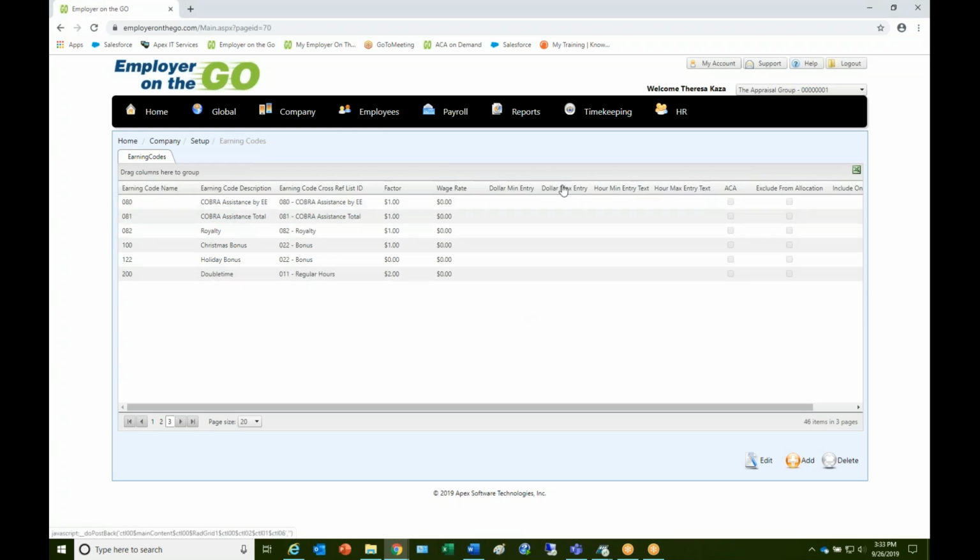This dollar minimum, dollar maximum, hour minimum, hour maximum, those are just governors. And all that means is you can put parameters here, like a dollar minimum of 1, dollar maximum of 5,000. And then if anybody gets paid outside of those parameters when you process the payroll, it'll give you a warning. It'll still pay them, but it'll give you a warning. So if that was wrong, you have the opportunity to go back into Rapid Pay Entry, make that change, and